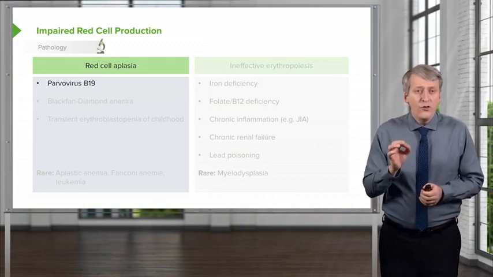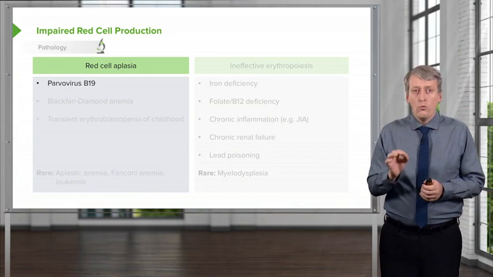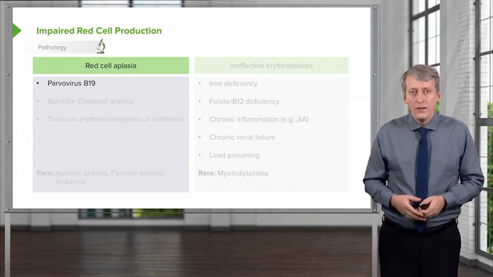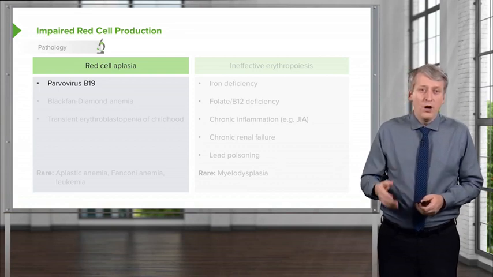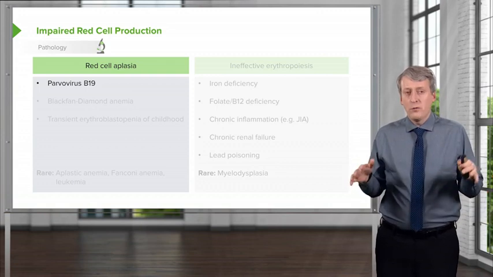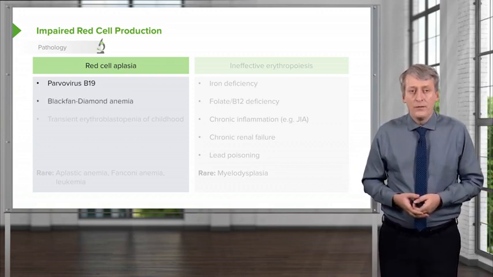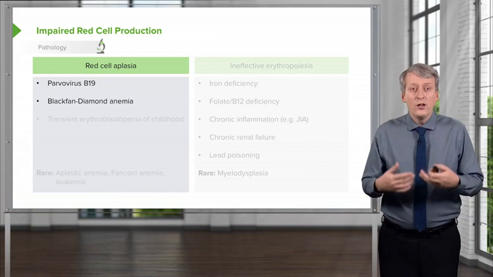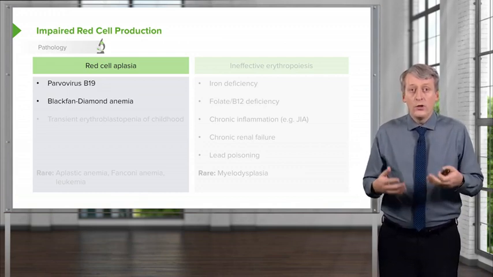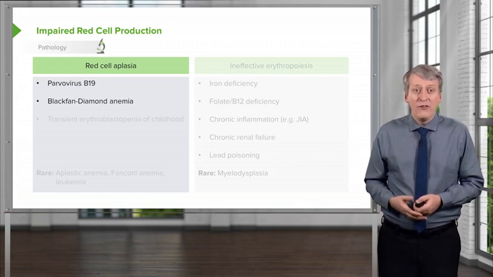go. The first is the patient could have a true red cell aplasia. They're simply not making red blood cells. Causes of this include the parvovirus B19 infection. So the virus comes in, it actually suppresses bone marrow production. Patients may have a congenital inability to actually make red blood cells, a congenital erythroblastopenia, such as Diamond-Blackfan